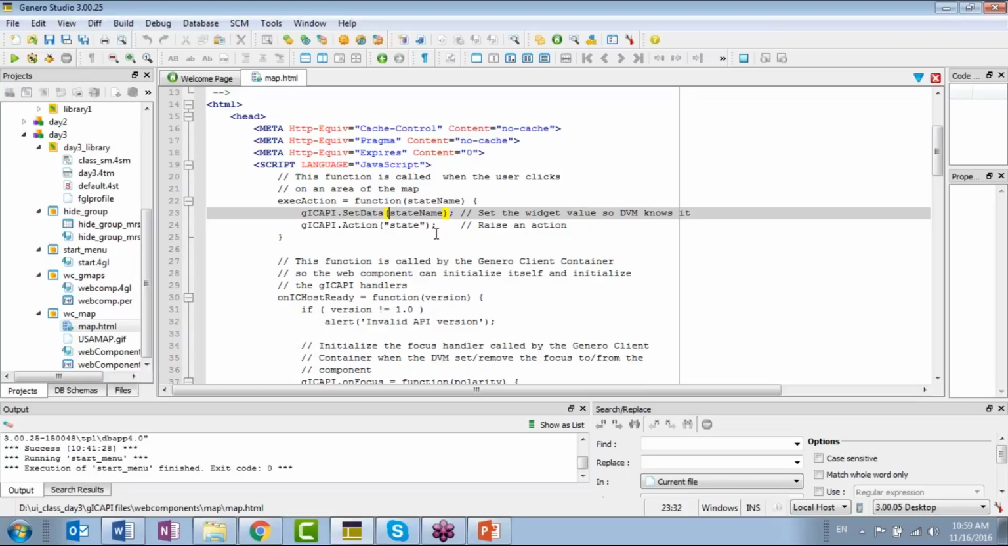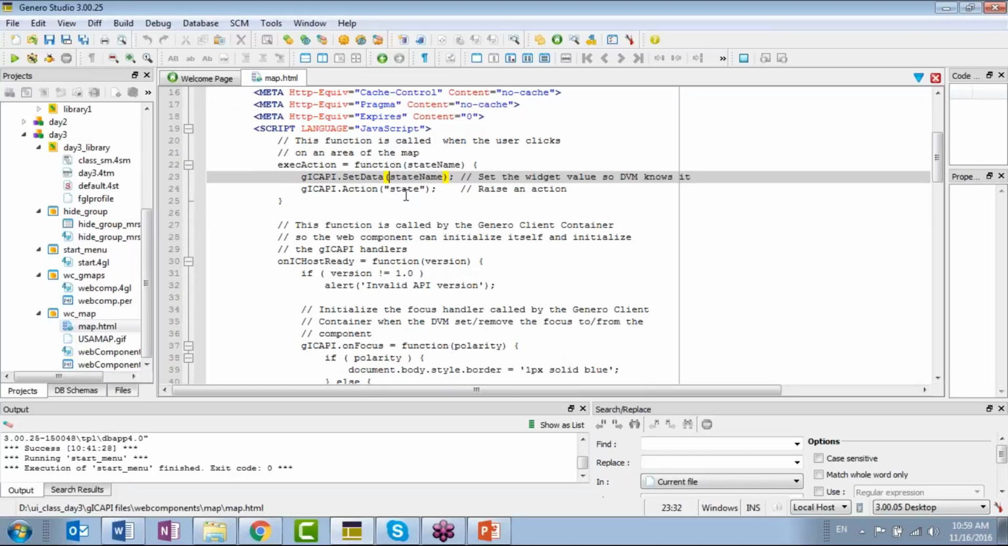So essentially we have a map of the US. The user clicks on a state, which triggers that execAction method, calls this execAction function, and then sets the state and uses this setData to pass that state information back to the Genero runtime system. So now we know the name of the state back in the Genero program. And at the same time, it also triggers this action state, fires the action. So if we look in our BDL program now,